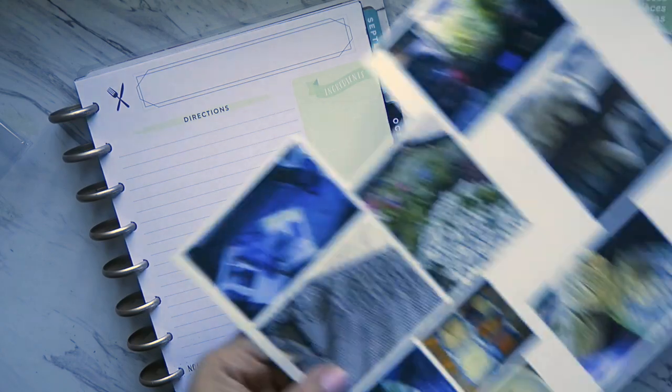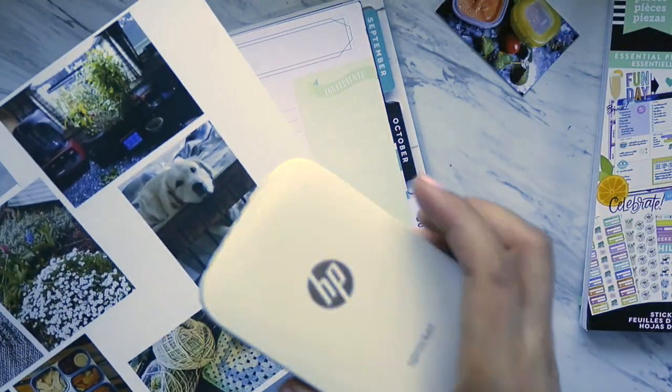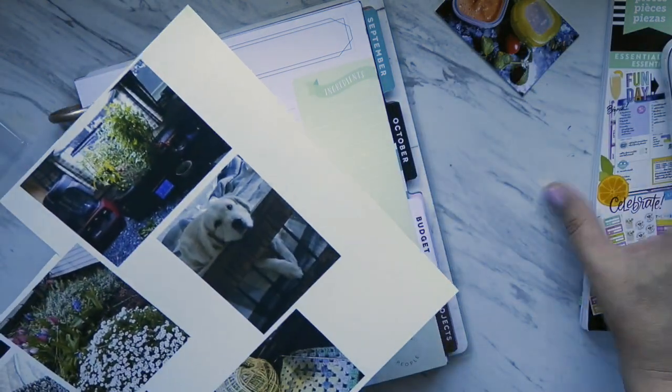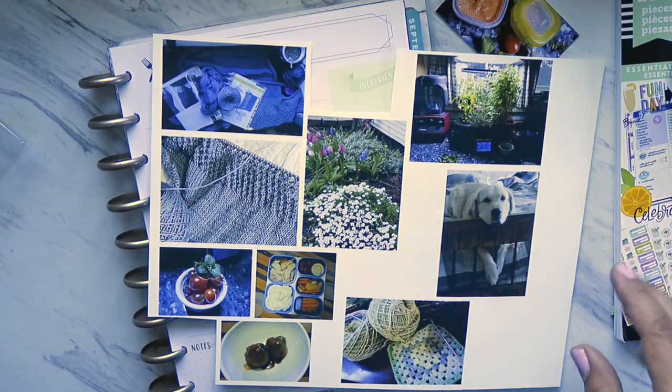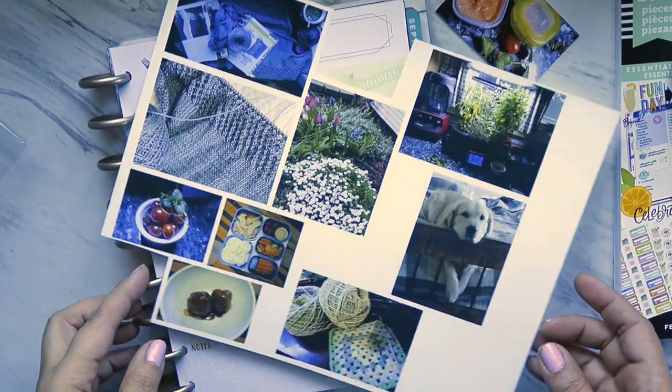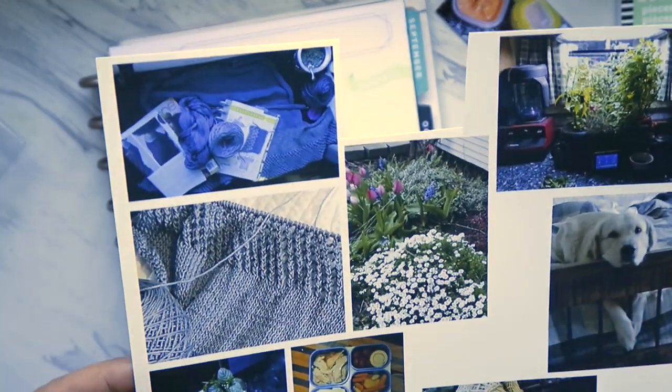And the other way that you can do it, if you don't want to spend money on this kind of machine, this is more for when you're traveling. If you want to do some journal or travel journals, which I love to do when I travel,